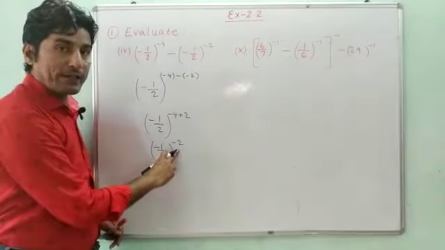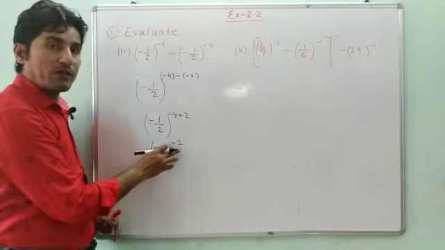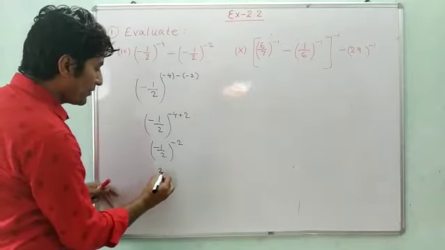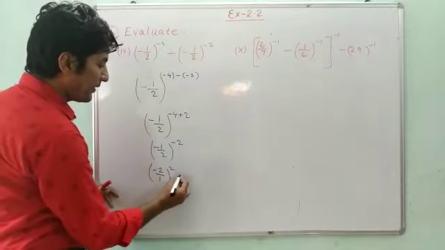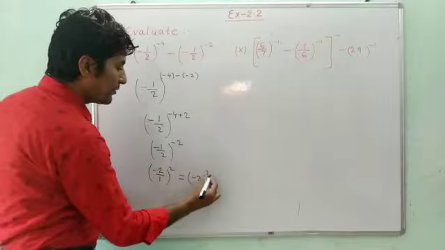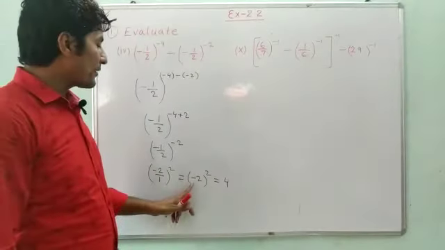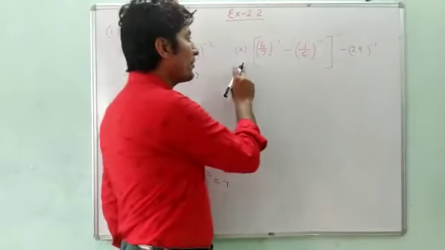Since we are having a negative exponent, we have to convert it into positive. How to convert it? We have to write the reciprocal of this one. This will be equal to (-2/1) and the exponent will be positive. Now this can be written as (-2) to the power 2, and finally the result will be equal to 4, because the square of -2 is equal to 4. Now let us see question number 10.